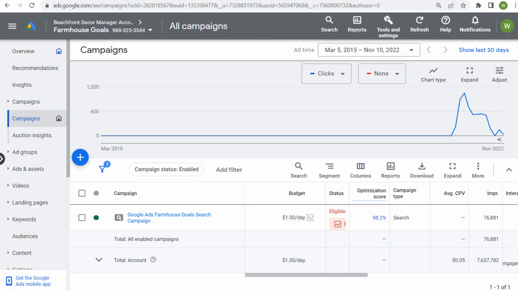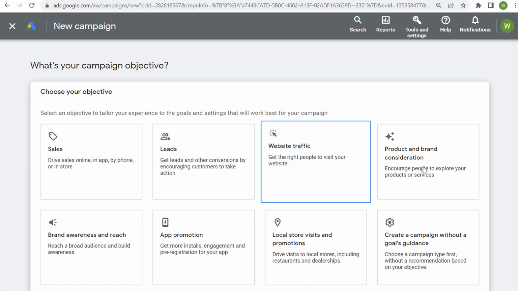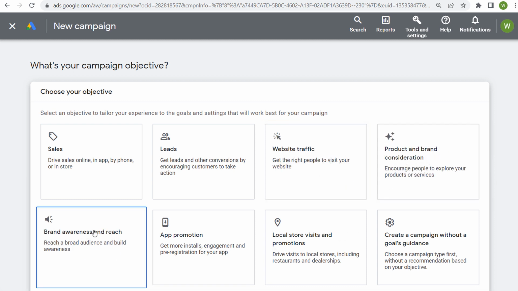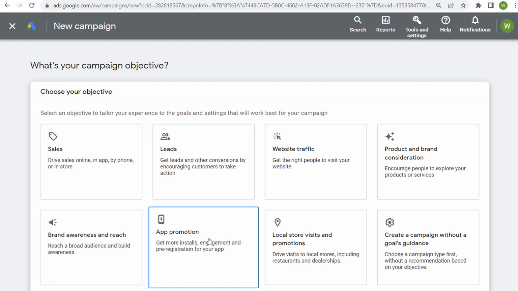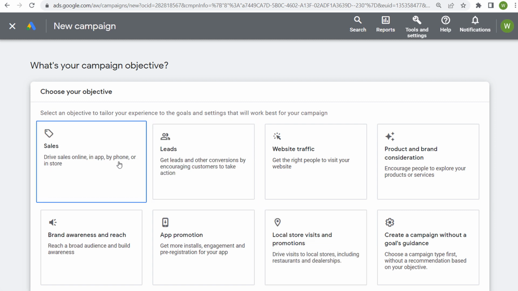So when we're going to set up a new campaign, we have new campaign here in Google Ads. You can see all the objectives we can choose from. Now it doesn't make sense just to strictly drive website traffic to your website. There are some reasons to use product and brand consideration, brand awareness and reach. Obviously if you have an app, then you want to use app promotion. Local store visits you can use as well, but the main 2 objectives, one or the other you should be